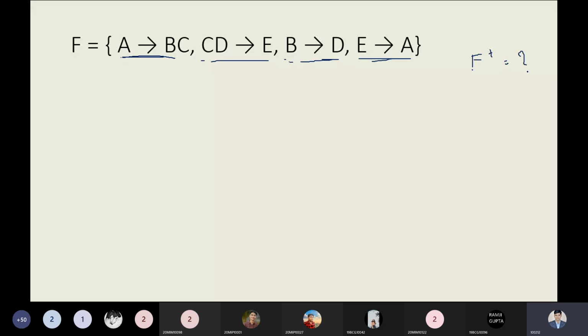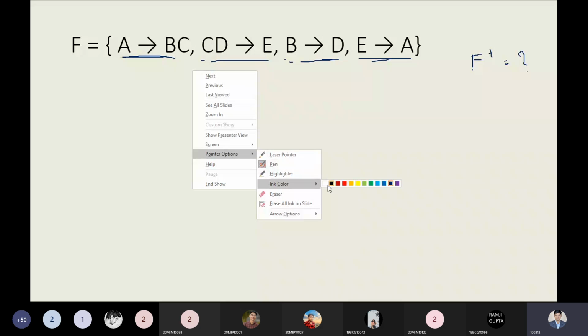It means it is saying to us to apply some axioms. What axioms do you want to use? You can use any one of the axioms, and you can use them many times. There is no restriction. By applying the axioms, you are required to tell me what are the possible FDs we can have here. Okay, solve it.